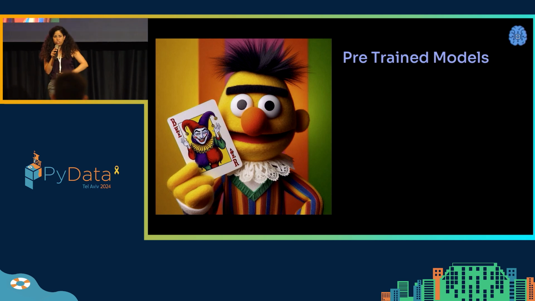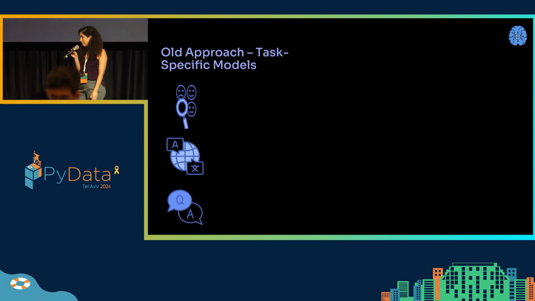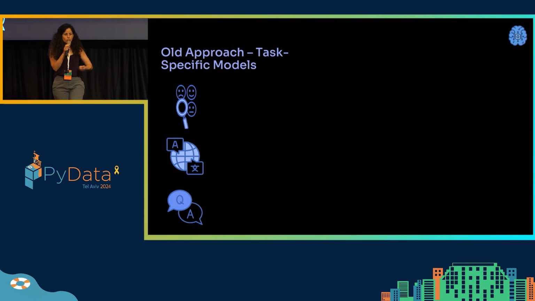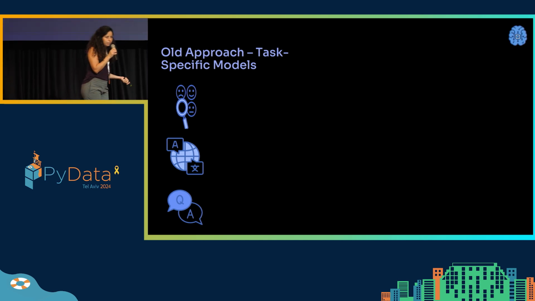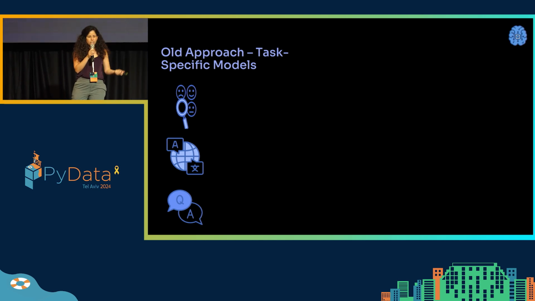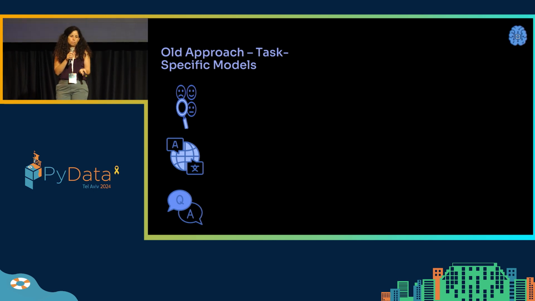The transformer did not stop only at the architecture level. It also led to pre-trained models that used this architecture. Before that, if you wanted to perform a specific task like determining the emotional tone of a review, you would use sentiment analysis that determines if a review is positive, negative, or neutral. If you wanted to translate sentences from English to Chinese, you would use a translation mechanism. And if you wanted to extract relevant data from text, you would use a question-answering model.